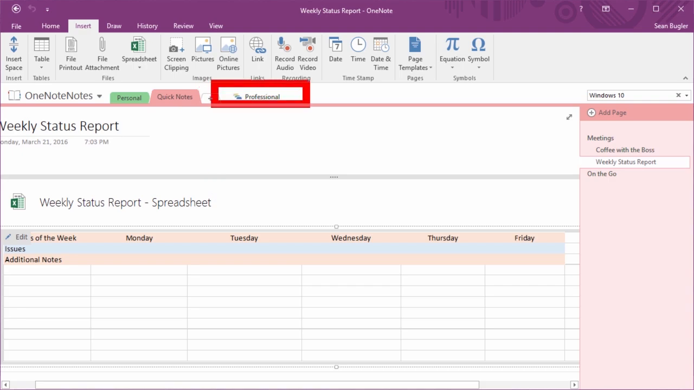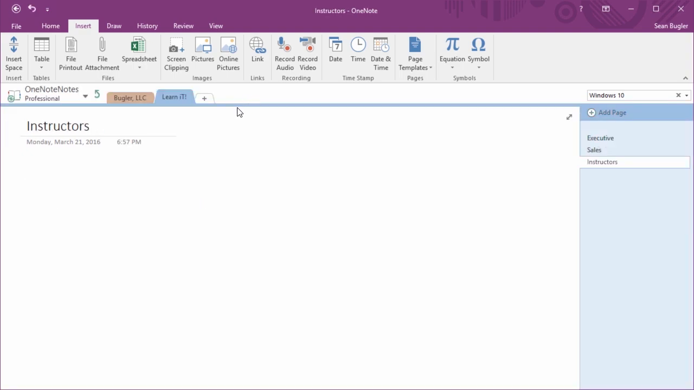I'm going to jump into my professional section group. Now remember, the professional section group isn't just a section, it's actually a collection of sections. By clicking inside, you'll see I'm now still inside the OneNote Notes notebook. But I'm also now within the professional section group, and it's here that you'll see my two separate professional sections,